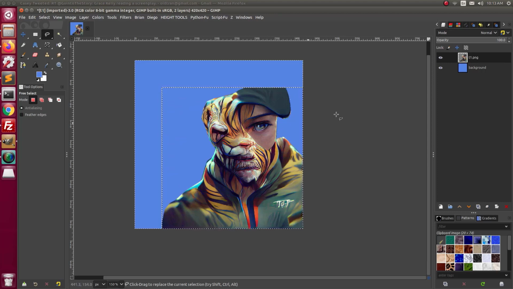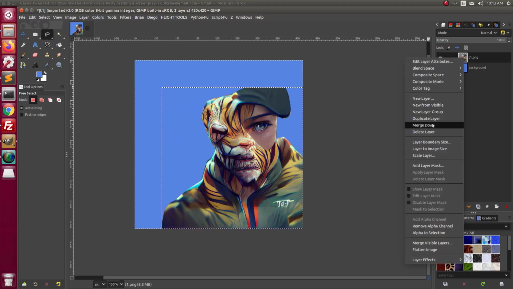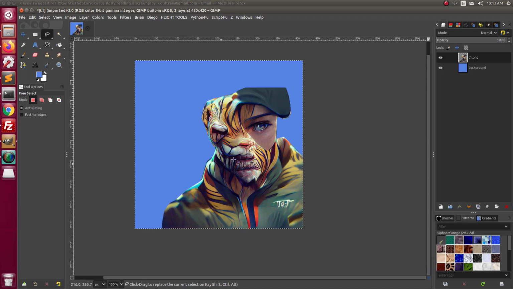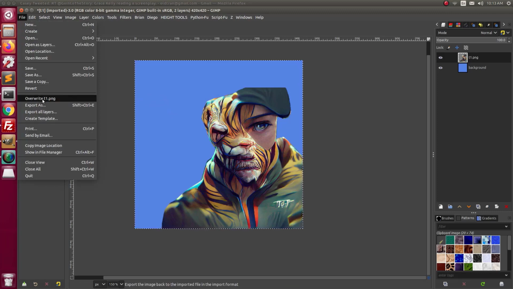You can leave it as this and export it. I usually go layer to image size because I like my layers to be the same size as the canvas. It doesn't really matter when you export. When you export, you get to see what the result is. So now if you go export as,